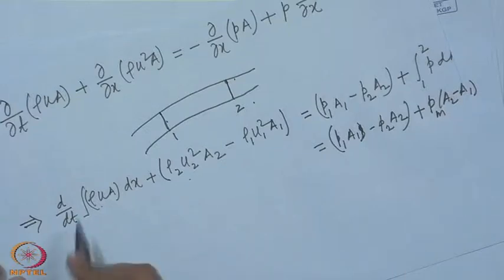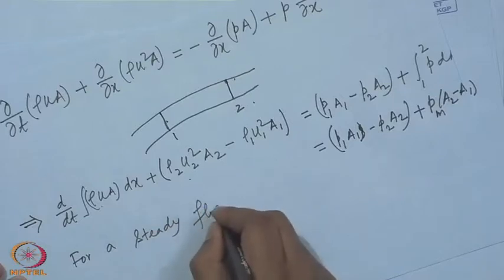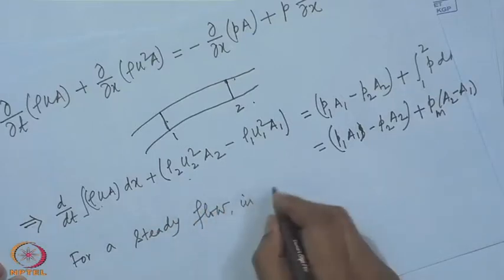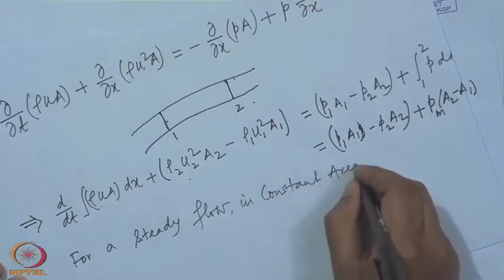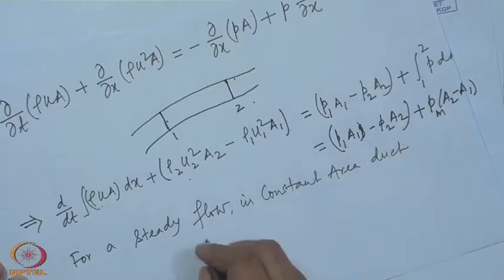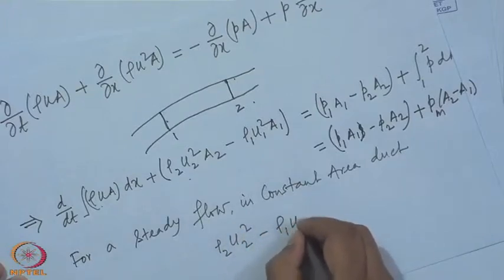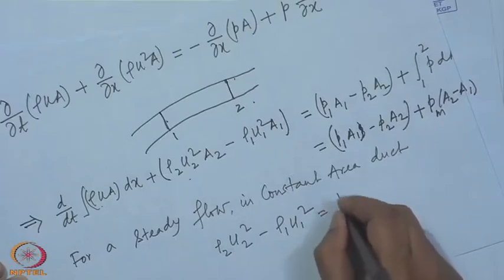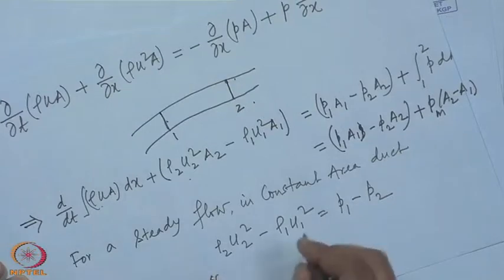So, for a steady flow in a constant area duct, the equation becomes rho 2 u 2 square minus rho 1 u 1 square equal to P 1 minus P 2, or we have